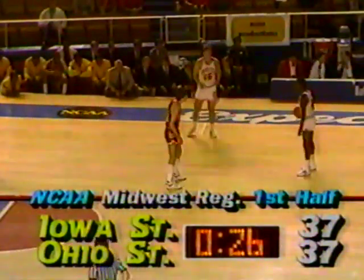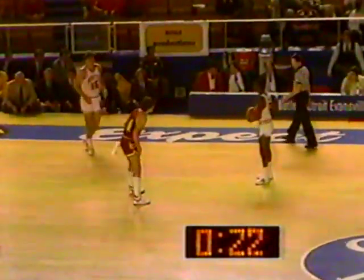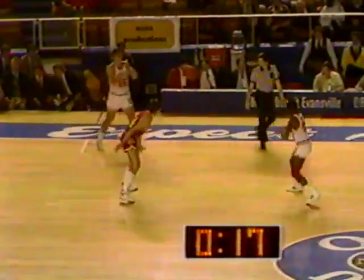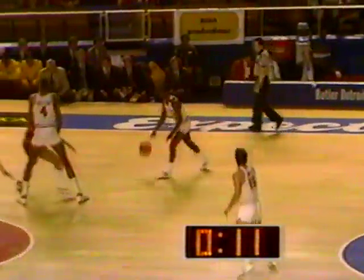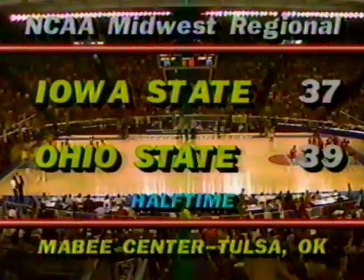I thought Iowa State was in complete control, doing the things they wanted to do, but now without the shot clock holding. Want to go out at halftime with a 2-point lead or a tie. Exactly. So they'll wind it down to about 10 and now start their offense. Stokes does that now, and he fires, perfect by Ronnie Stokes. He has 8. And with 3 seconds left,